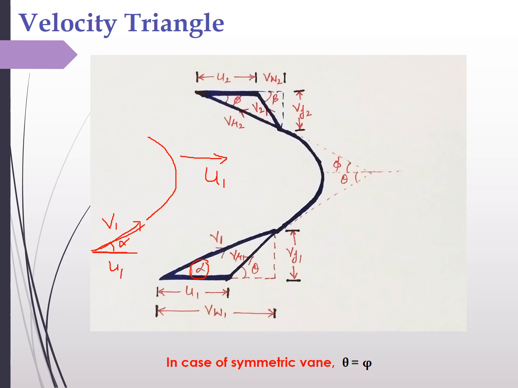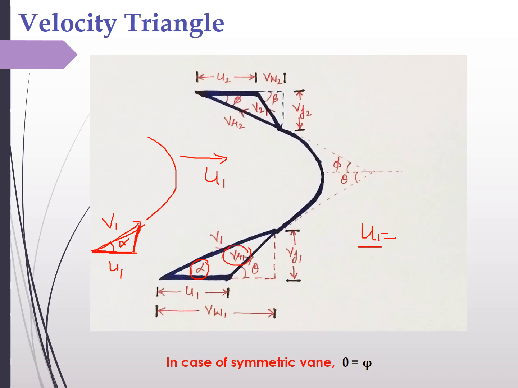So v1 will be given to us as some velocity of the jet, and u1 will also be with us. U1 can be calculated by using the formula pi D N by 60. So at an appropriate diameter and for a corresponding rpm, we can find out u1. So this u1 can be drawn on this axis, this x-axis. So a vector which will complete this triangle will be called the relative velocity component, and it will be denoted by vr1.